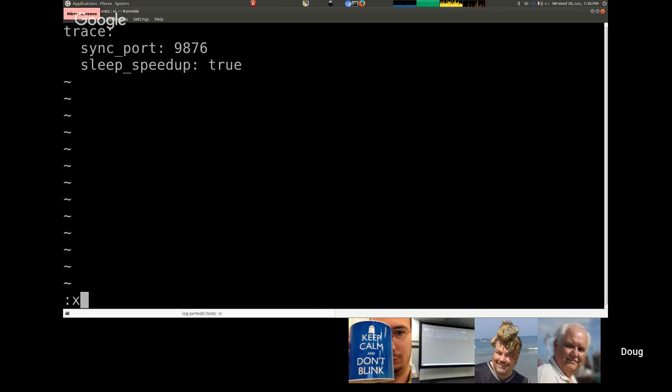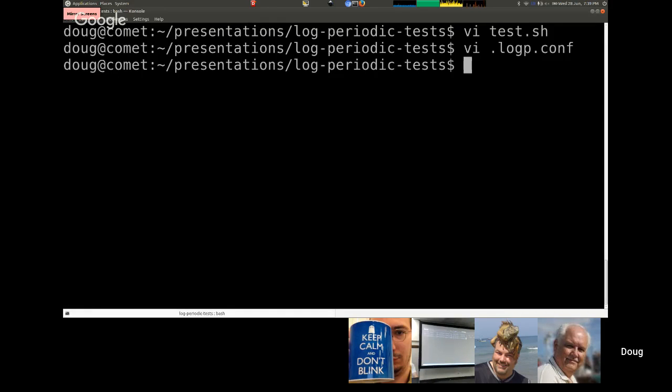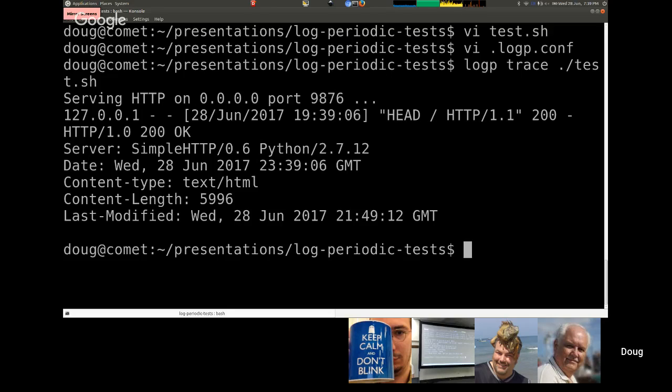Sleep speed up is true. Why isn't it power nap? Power nap, yeah. And now log p trace, test, bang. So even though it's sleeping, even though it has a non-determinism aspect to it, it still succeeds. And that's kind of the value of log p, right? Is that you can have,